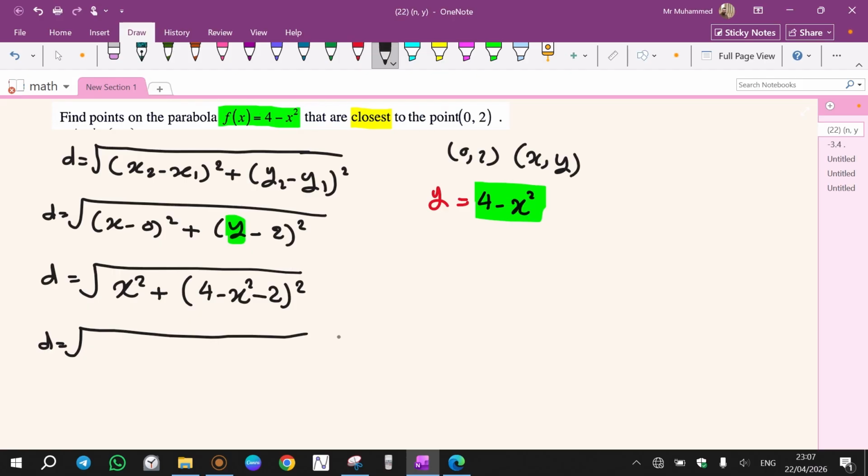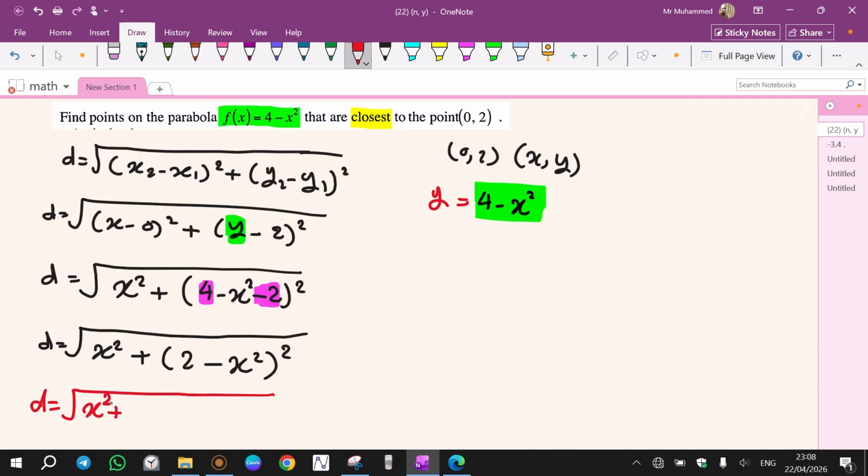As far as we simplify distance, the derivative gets easier. Now, x squared is the same. 4 minus 2 is 2, plus (2 minus x squared) power 2. We have these two numbers. These are both numbers. Positive 4, negative 2. When we add them, we get positive 2. And the negative x squared stays the same. Now we have to expand this bracket. This bracket needs to be expanded. Distance equal to